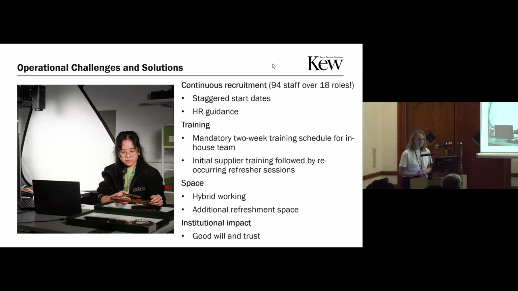So for operational challenges and solutions, like I said, we are a massive team. We have 94 members of staff, over 18 roles, and we are only 3 years in at the moment. What we would recommend, if you were to ever do a large-scale digitization project, is to stagger start dates. Having 10 people land in one go is quite overwhelming. But also be mindful of the support that you would need